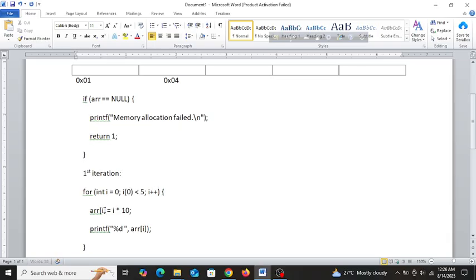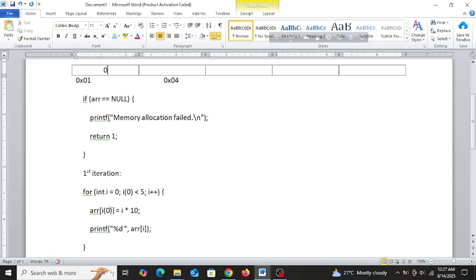So array[0] means, guys, i's position is 0, so 0 into, if you say zeros, there is no value in this array, right? So in this 0 position we have 0 into 10, that means it would be 0 here, and printf is now printing array[i], that means array[0], this 0 is being printed, this is the value.